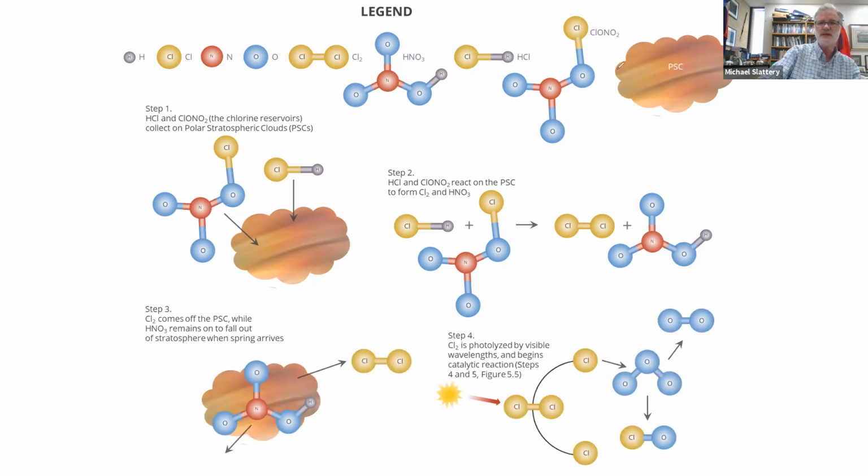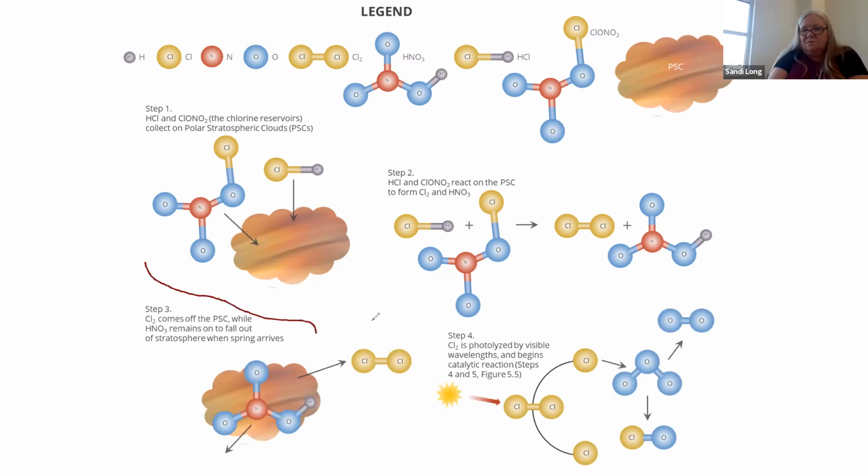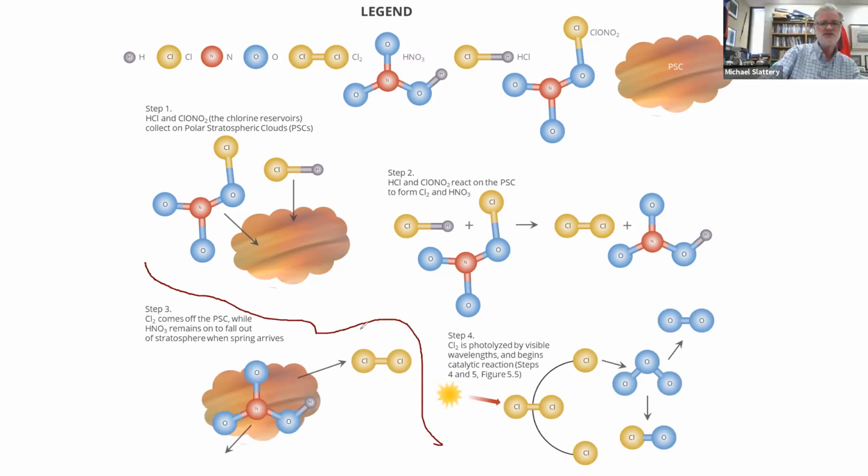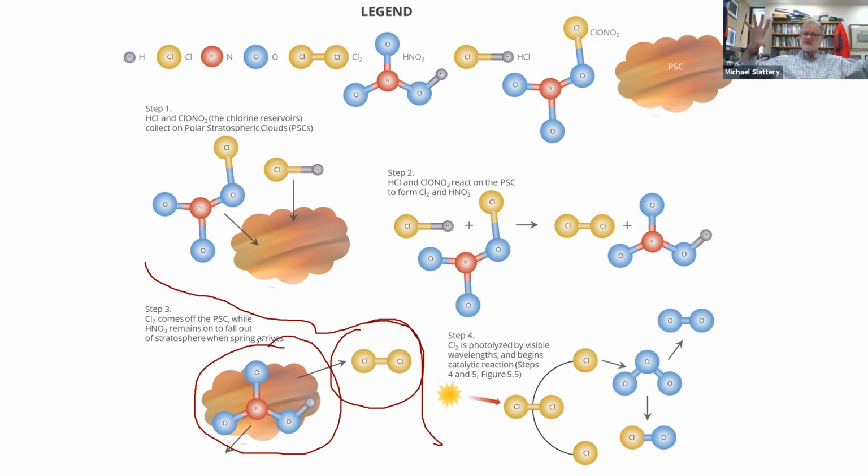So step number three, the molecular chlorine down here hops off the cloud, right? See that? Cl2 hops off the cloud and the nitric acid stays on the cloud. That's why when I showed the picture of the cloud, I said they're made of nitric acid. That's where the nitric acid comes from. So the ice crystals are there. Now it's got a bit of nitric acid with it and they stay on the cloud, okay? There's still no destruction of ozone because Cl2 here cannot destroy ozone. This is all happening in the dark.